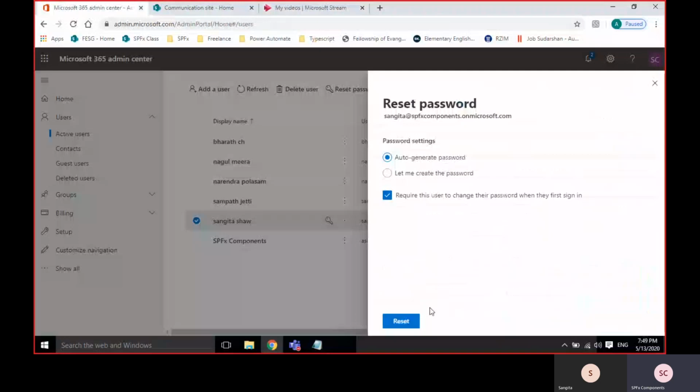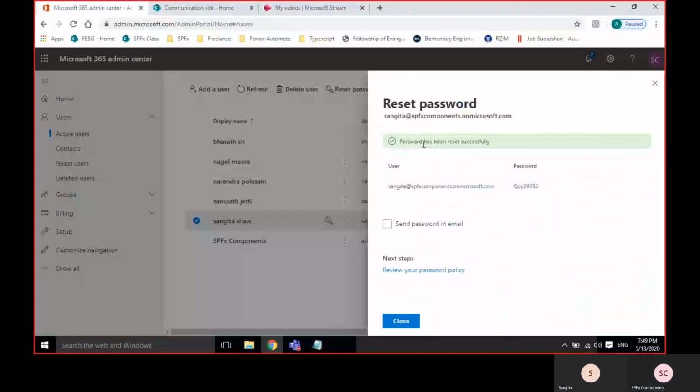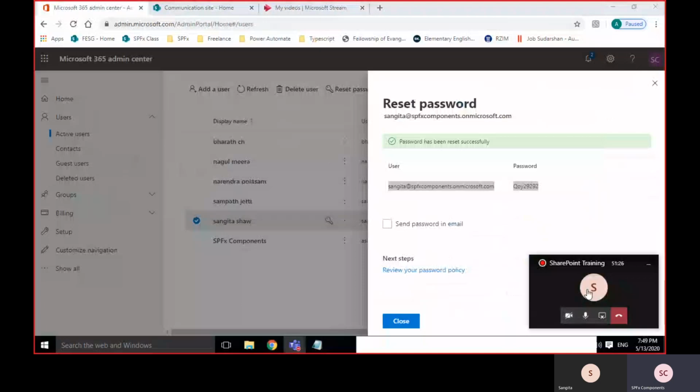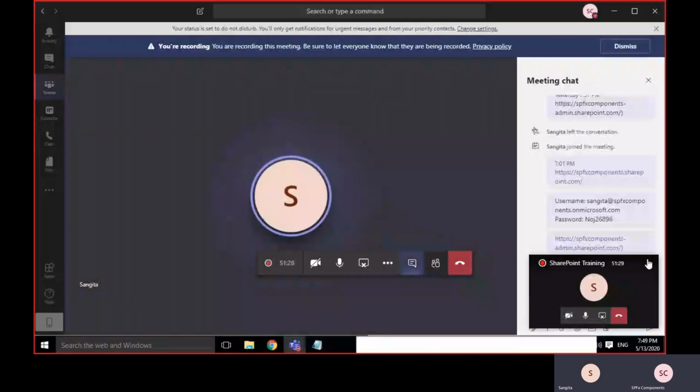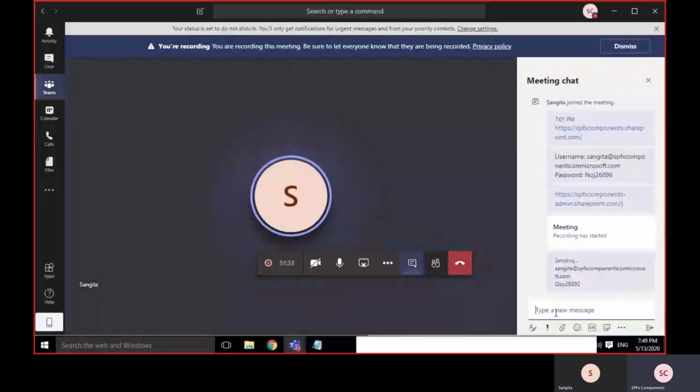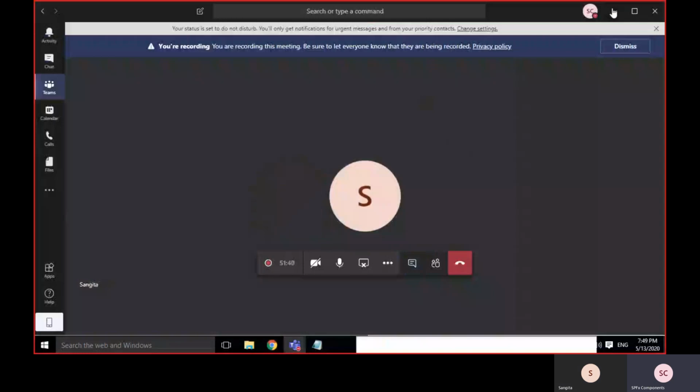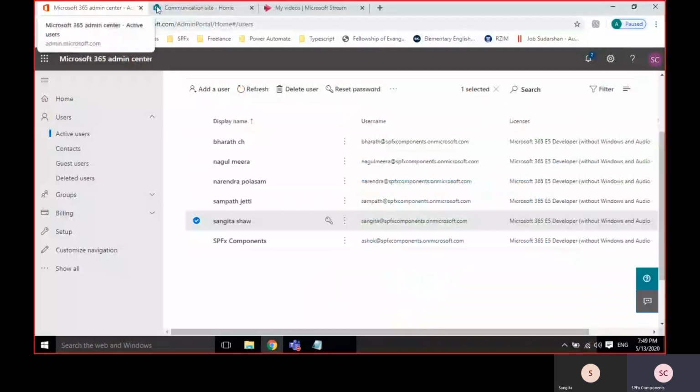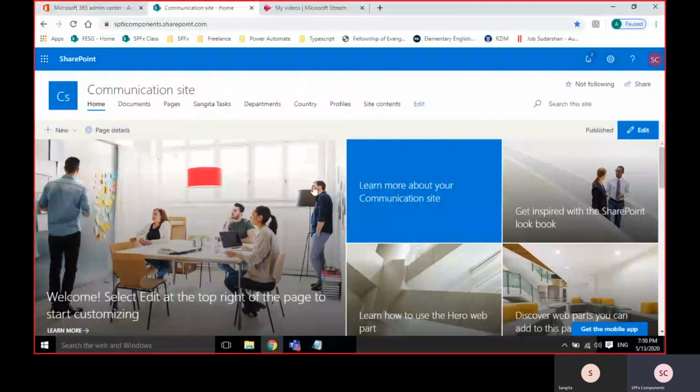I sent it to you already in Teams. Take it into Notepad. In the first login, you can create it and change it.